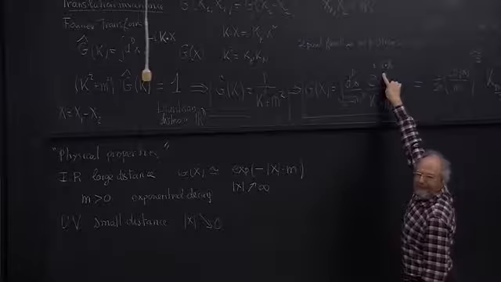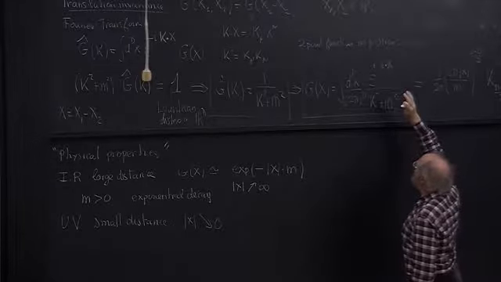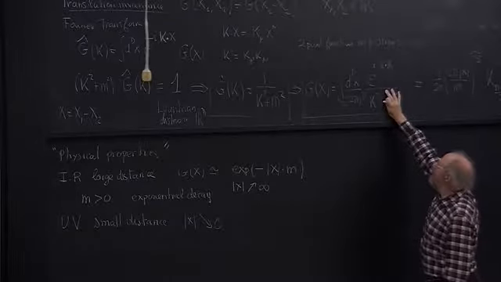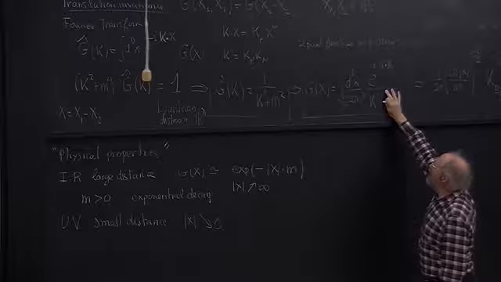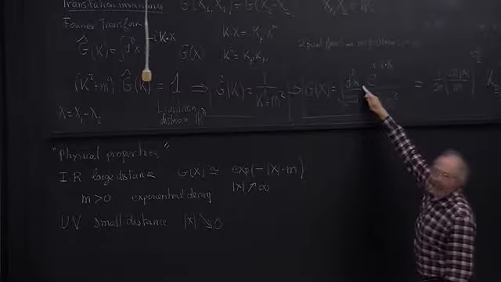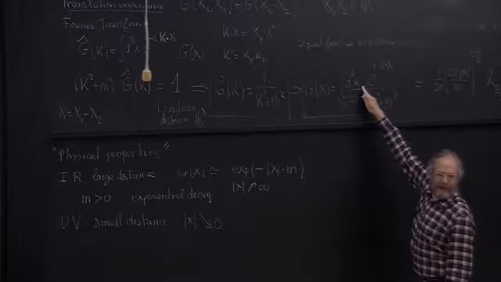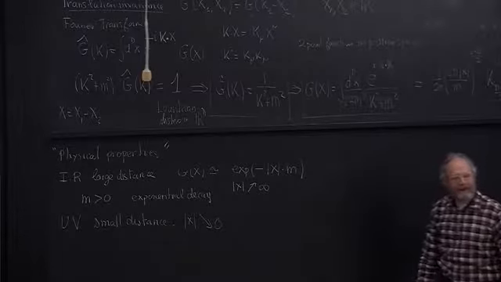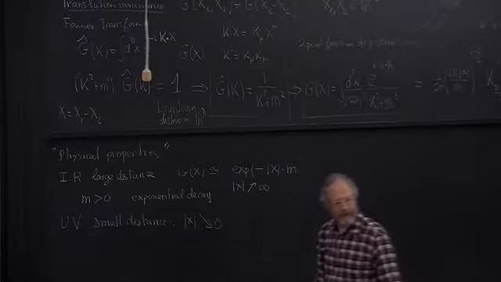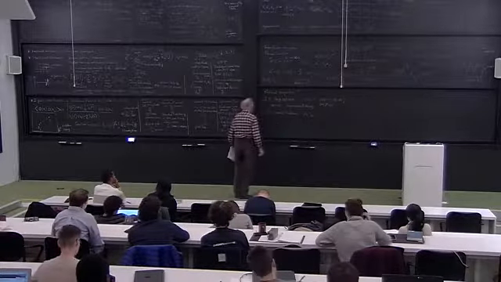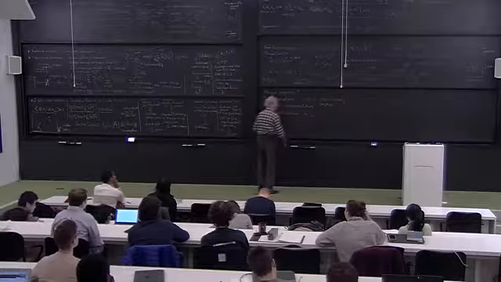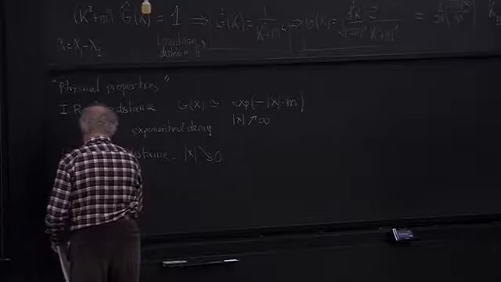Okay? And when k is very large, you can neglect the mass. And you can check then that this integral is divergent for large k. So you expect some singularity at a small distance. Okay. So we can do the calculation, and what you find is that g of x